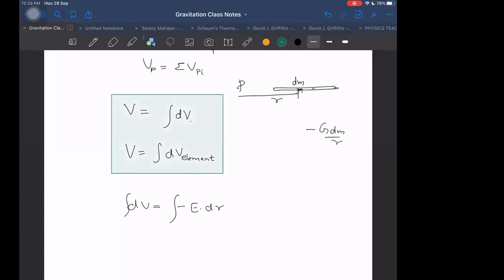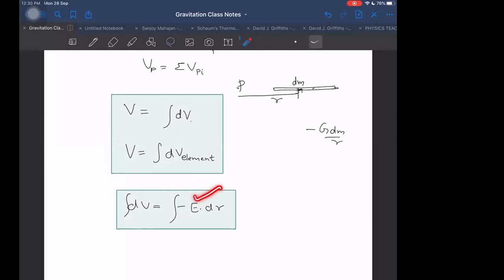These are of one category, and this is of another category, because the second one we are getting by field, and the first one we are getting directly by writing the potential of each part and then adding. So the first two are from potential, and the second one is directly, not knowing the potential of any point, but directly by integrating from the field.